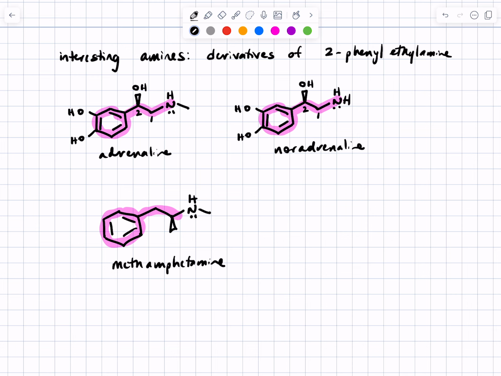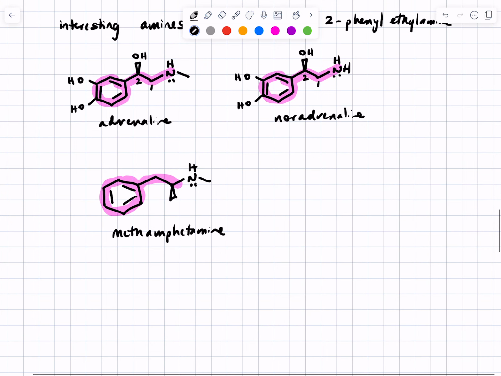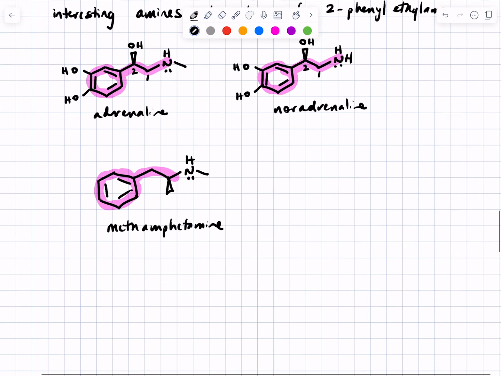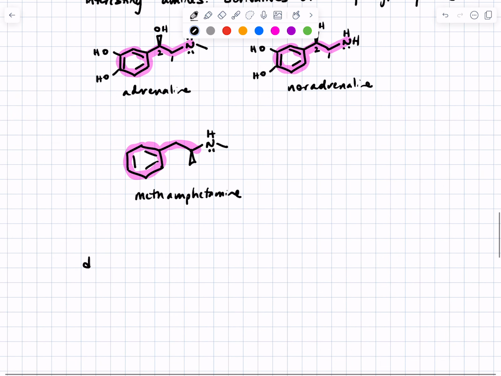I want to talk now about some neurotransmitters and amine-based drugs that actually inhibit or promote various concentrations of neurotransmitters. You've seen the neurotransmitter dopamine,